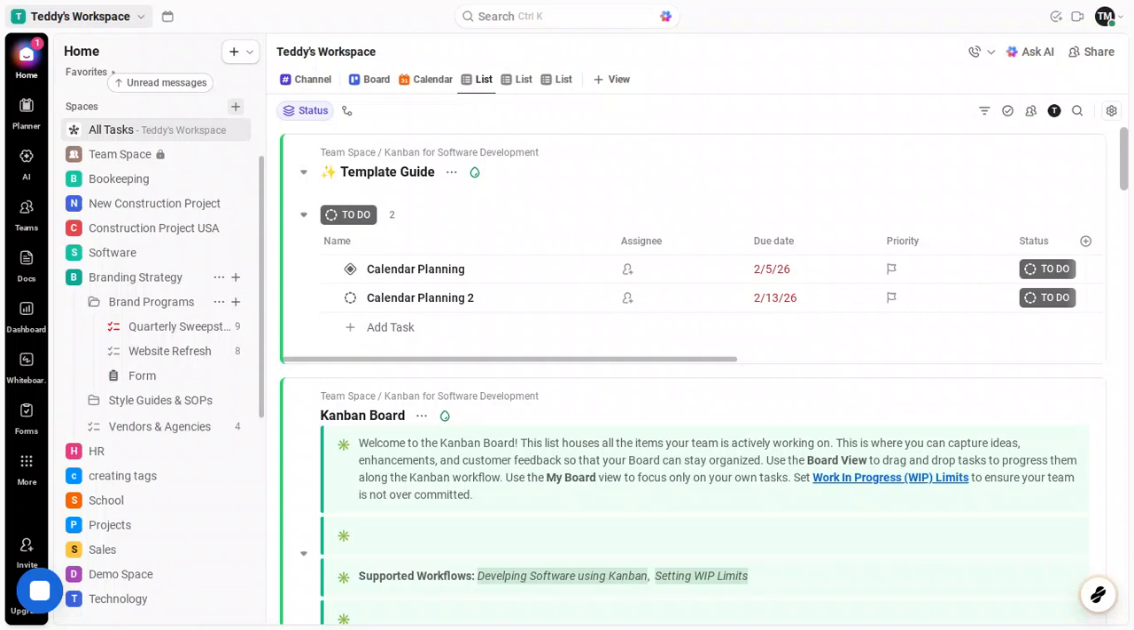In today's video, I'm going to teach you how to create tags in ClickUp. Tags are a quick, color-coded way to label your tasks so you can filter, search, and scan your work faster. By the end, you'll know two simple ways to create and apply tags, plus a few tips to keep everything